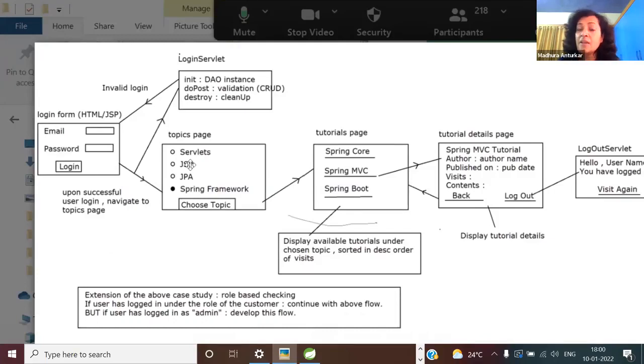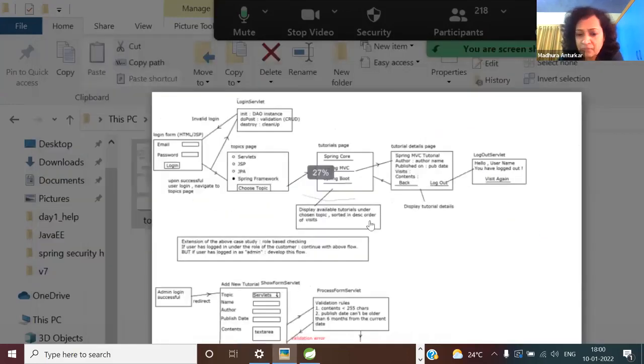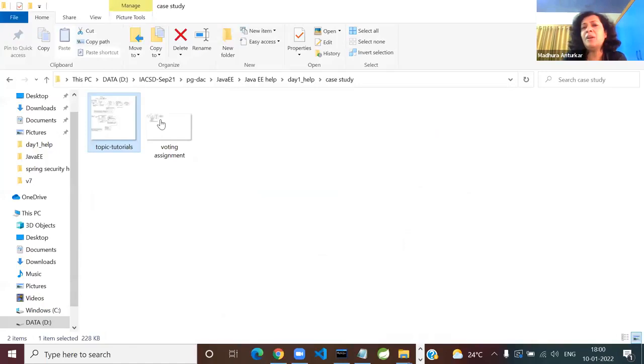I cannot. It is only the database part, and that too very basic things I'm going to ask you to keep it ready. So this was the introduction of the case study, which we will do throughout this week. Anytime you get bored with one case study, I've got tons of case studies.